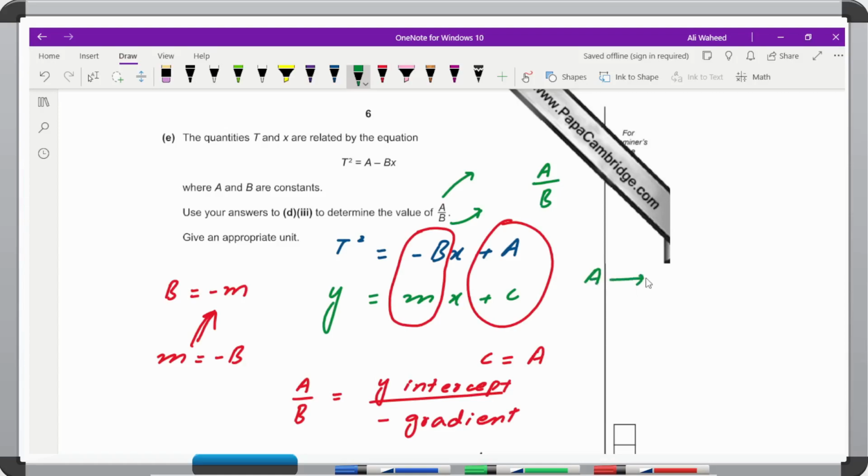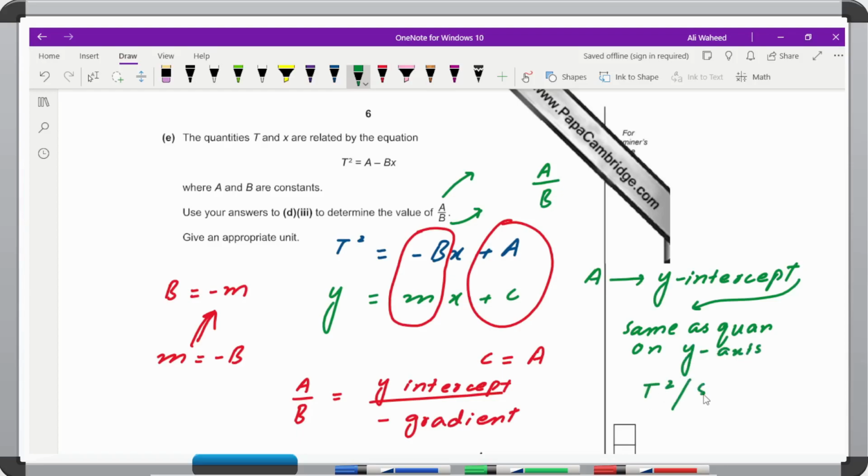So a in this case equals y-intercept. So the unit would be the same as the quantity on y-axis. On y-axis you were having t square and the unit was second square. So the unit of a would be second square